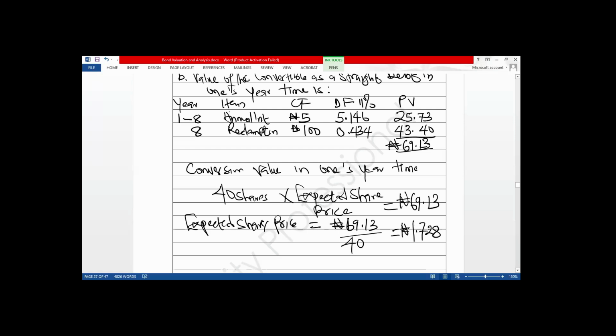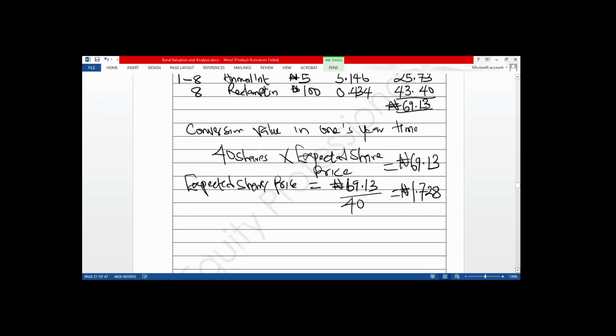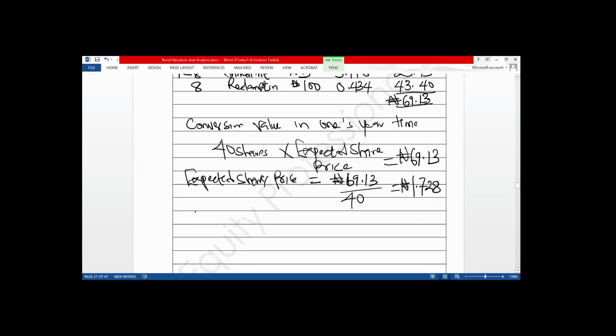1.728. That means in 1 year's time, the share price should be 1.728 for me to be motivated to convert the debt to ordinary shares. Examiner says, by how much would the share price rise? We can determine that now. Please look at it because of time. Expected share price